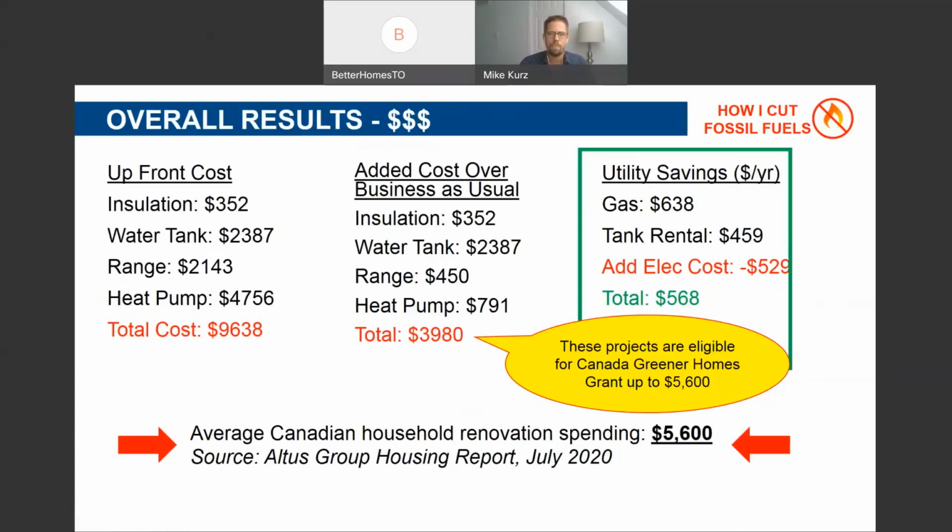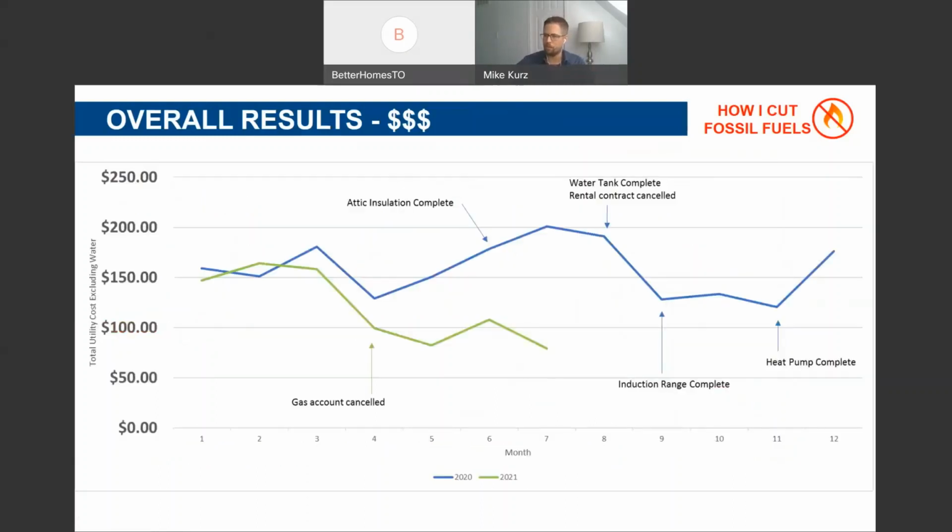instant payback. Here's the trend over time of my total utility cost. This blue line is 2020, starting from January, and it shows the timeline of when I did each project. So you can see it was pretty quick. I was able to decarbonize the entire house within a 5-month period between June and November 2020, within the first year that I was living here. So the idea that it's hard or can't be done fast, I feel like it's dispelled with my